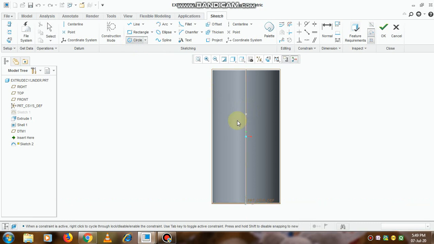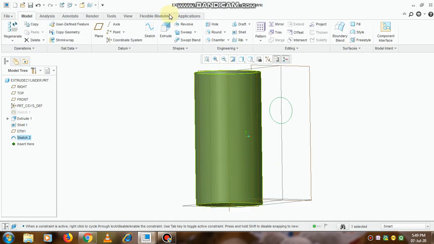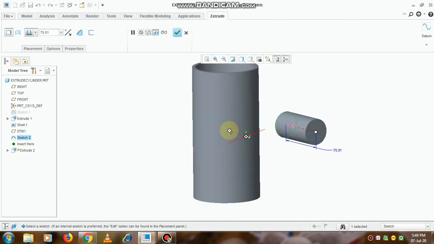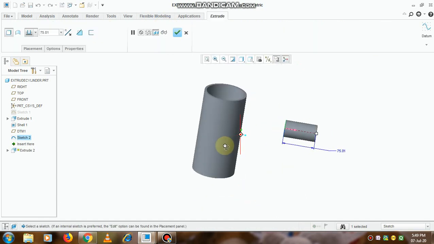Now on this axis, anywhere, we can create a circle in this way. Now take its dimension as 40 mm, then click on the OK button and simply go to the option that is extrude.